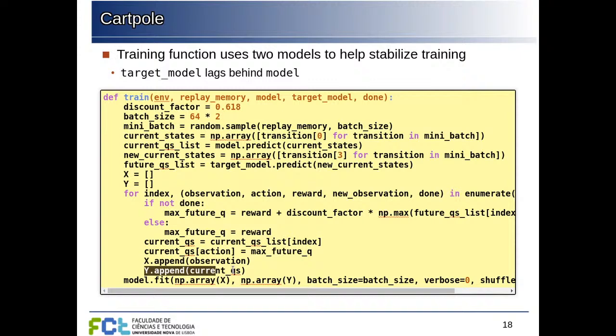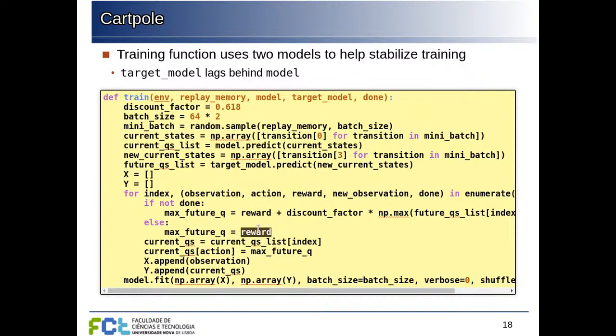And the Y values, which are the targets that we're going to use to adjust our network, will be, if the state is a terminal state, just the reward we get from reaching that state. This is because when we reach a terminal state, future rewards will be 0. We cannot advance from there, so there is no more reward in the future